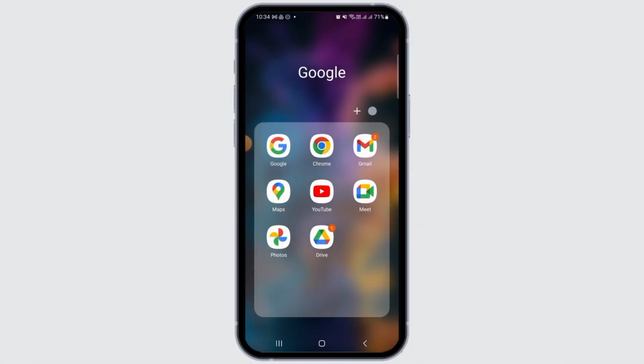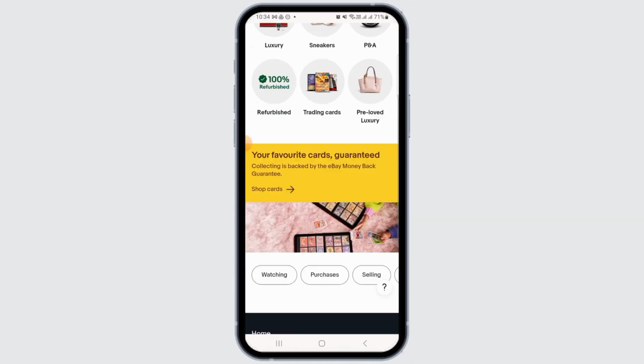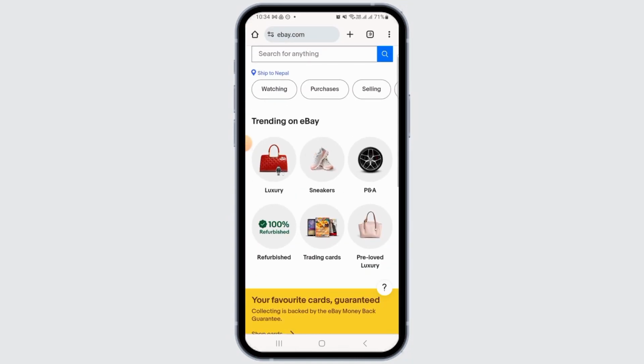Let's begin. In this video, I will guide you how you can redeem an eBay gift card. For this, you can open up any web browser and head over to ebay.com. Now sign into your account using all of your credentials. Once you have been signed in, you want to explore the website and find the items that you want to